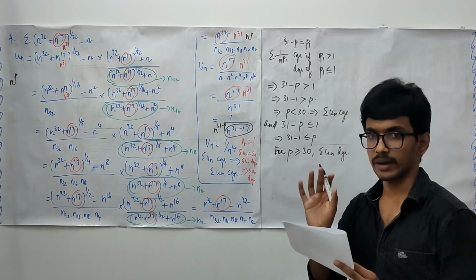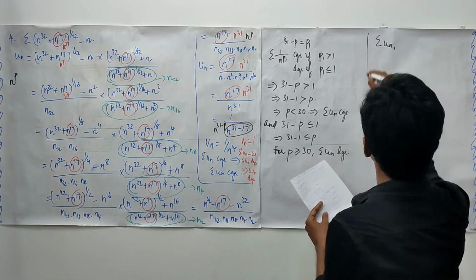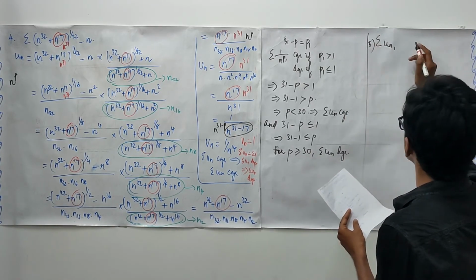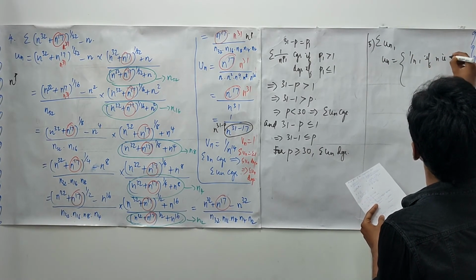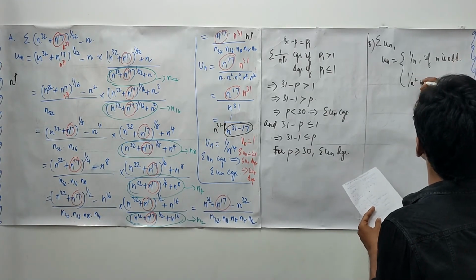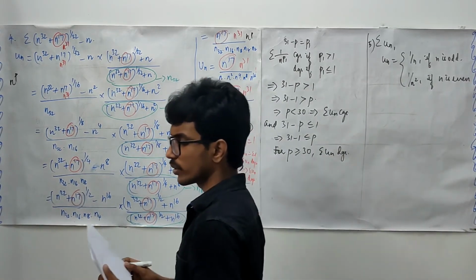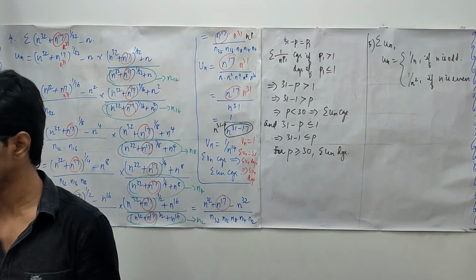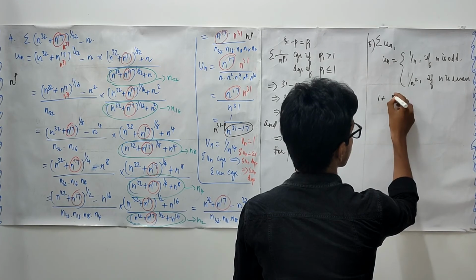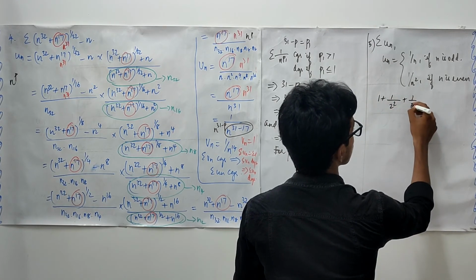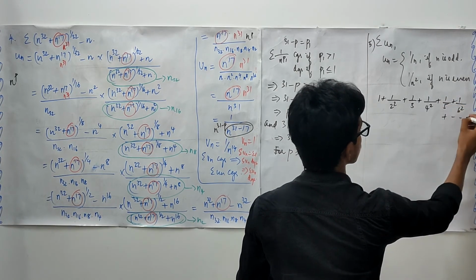Let me give you something quite different. Okay. Summation Un. We have to check the convergence of this series, where Un is defined as 1 upon n if n is odd, and 1 upon n square if n is even. Right. So when you try to write this series, what will you get? Explicitly writing this series, you are going to get simply 1 plus 1 by 2 square plus 1 upon 3 plus 1 upon 4 square plus 1 upon 5 plus 1 upon 6 square, and it goes this way.